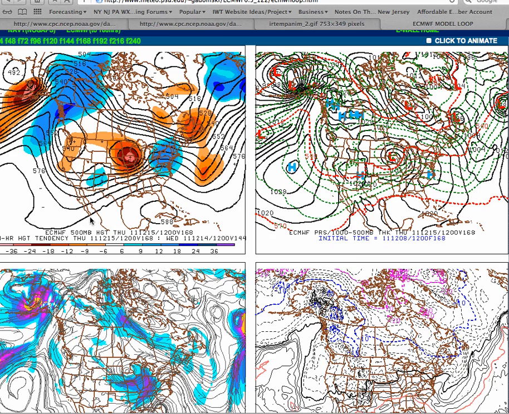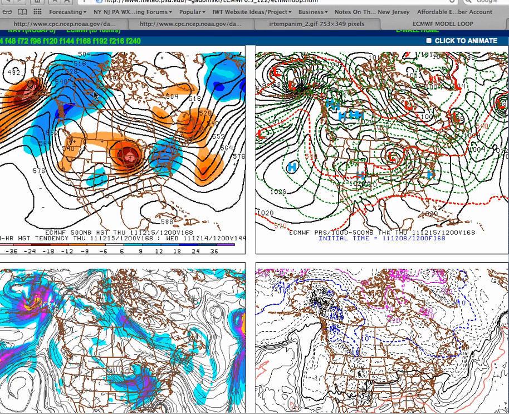By 168 hours, by Thursday morning, we have an upper level low around the Aleutian Islands. Look at this enhancement here with this trough. Now, I don't buy this. This is probably an error. But the point here is that we have a trough around the Aleutians, a ridge building into Western Canada. And look at this. We're starting to see our polar vortex drop south. Textbook influence of a QBO that is changing, ladies and gentlemen. And we also have some rather strong disturbances in our southern jet stream, our subtropical jet.